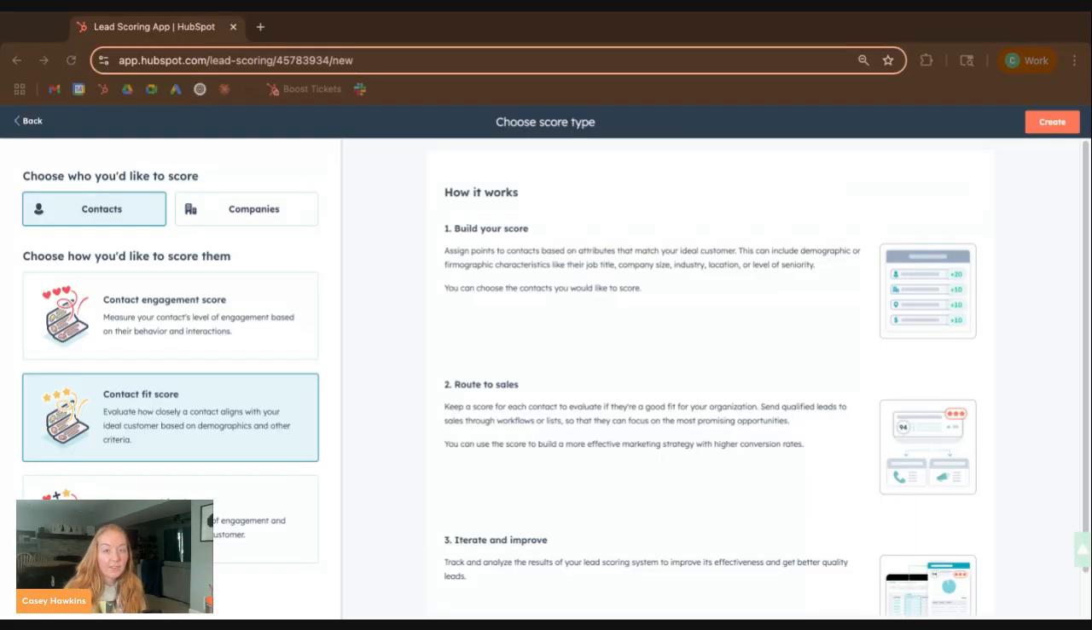Think of it like this. The fit score is: should we actually talk to them? Are they the right ICP fit, the right company size, job title, things like that? The engagement score is: are they showing interest? Are they opening our emails? Are they visiting our website? Are they filling out important forms? And then the combined score will blend those together